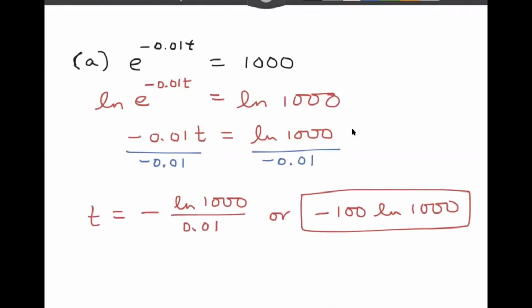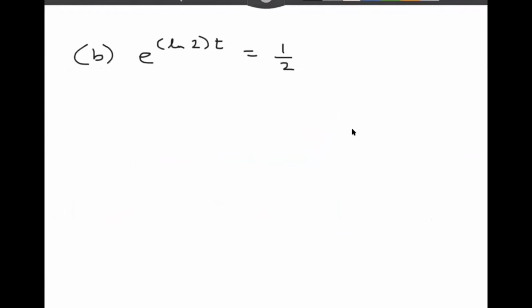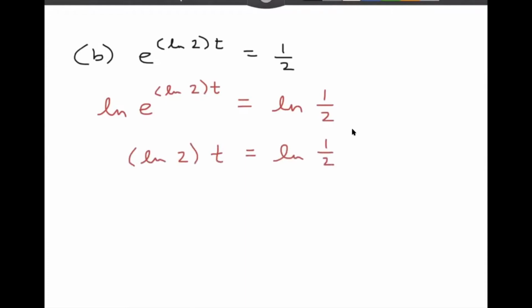Let's look at letter B. e to the power natural log 2 times t is equal to 1/2. So again, the variable is in an exponent. We should apply natural log to both sides. We have natural log e to the power natural log 2 times t equals natural log 1/2. By that inverse property of natural log x and e to the x, natural log of e to the power natural log 2 times t is just natural log 2 times t. All right, so now if we divide both sides by natural log 2,